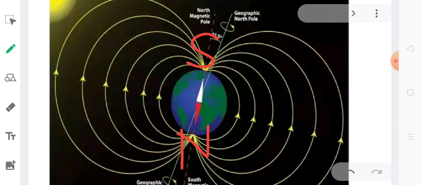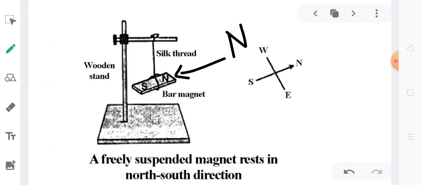Now this is about the magnetic poles of the earth. Actually, the geographical north pole is on the top and the geographical south pole is at the bottom, but right now I am talking about the magnetic south and magnetic north. So the magnetic south pole of the earth is on the top, which is going to attract the north pole of